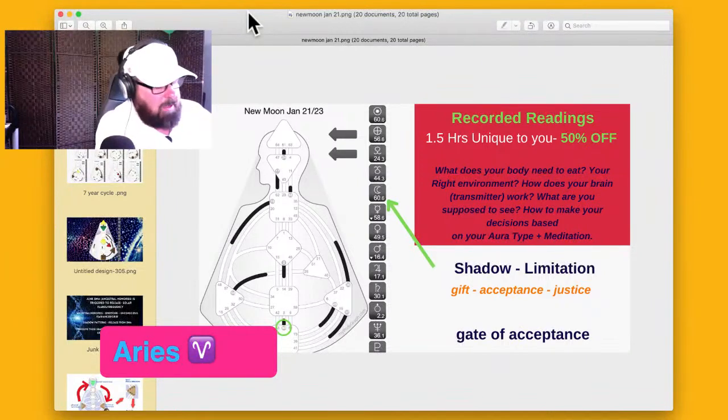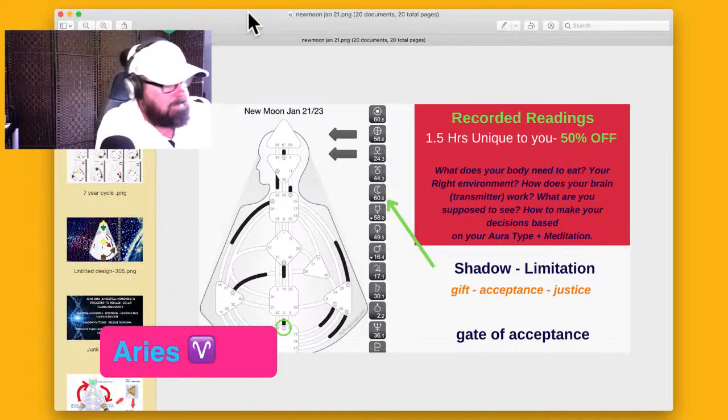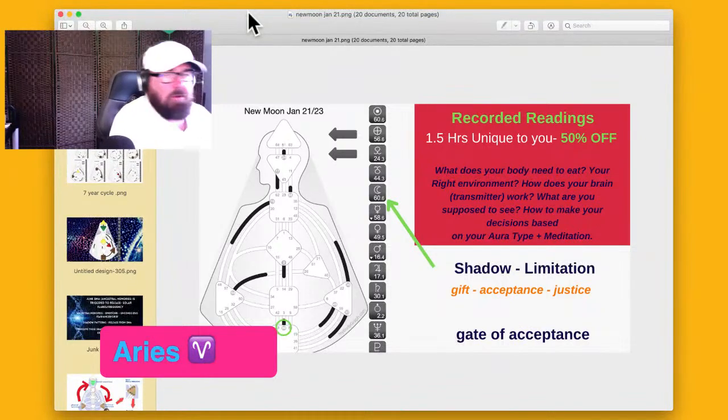So Aries can feel limited. Let's do the ego first. Limited by their work, their career, or a father figure too, the 10th house, or it could be government. Okay, what do we got for Aries? What's the ego telling Aries? That's interesting. Okay, let's do a tarot card for Aries.